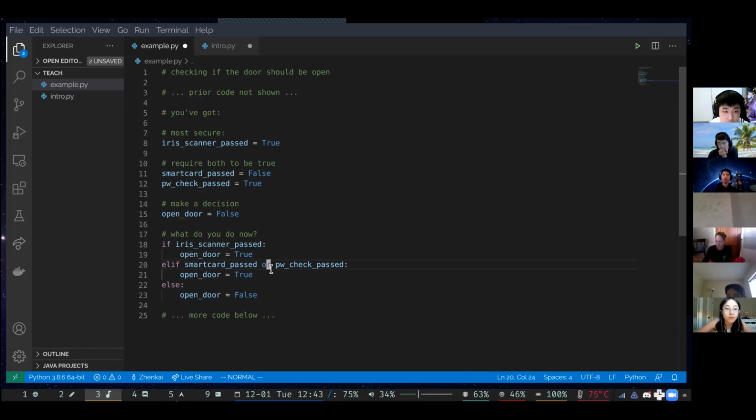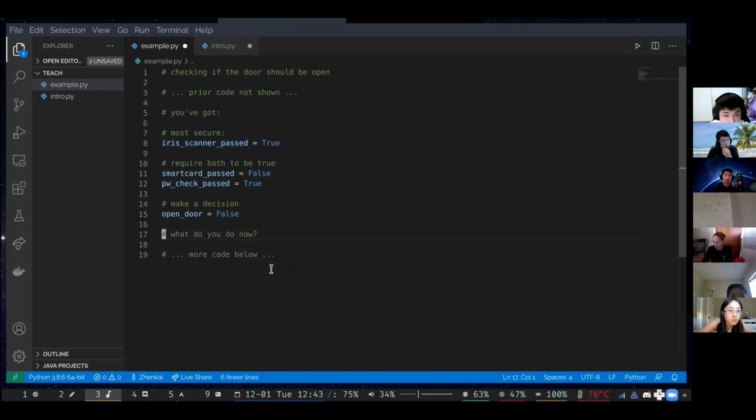And you can also have more complex expressions that use parentheses. So we don't have to use if statements now.